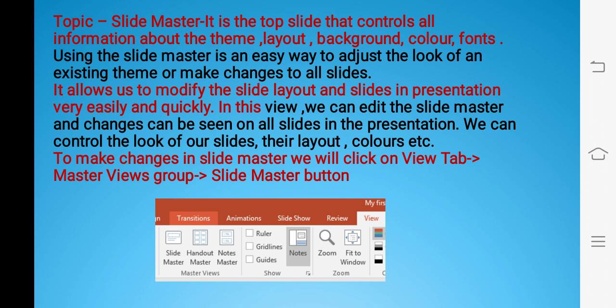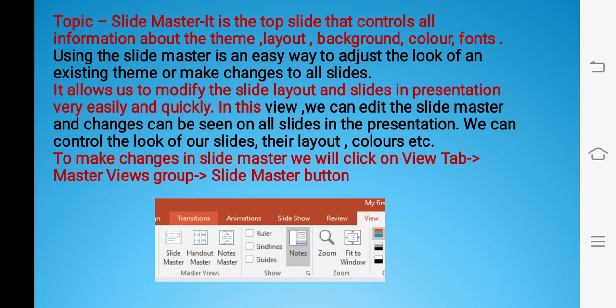It is also an easy way to adjust the look of all the slides or specific slides. We can easily modify the layouts. Whenever we edit the slide master, we can see the changes coming on all the slides in the presentation.